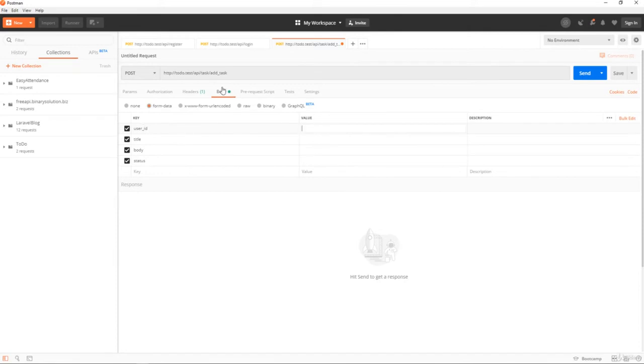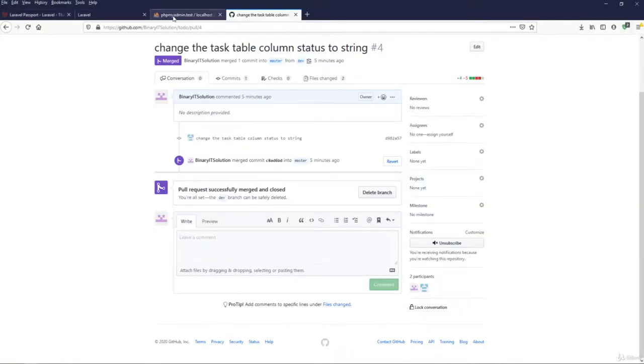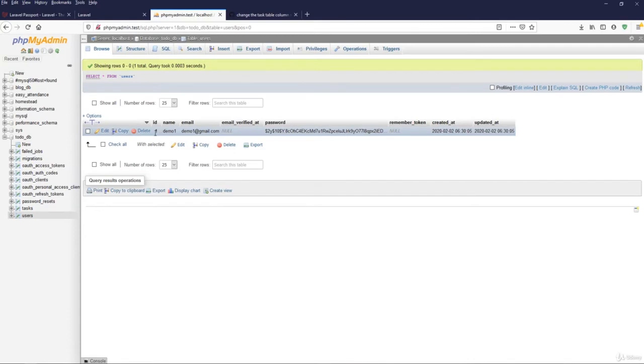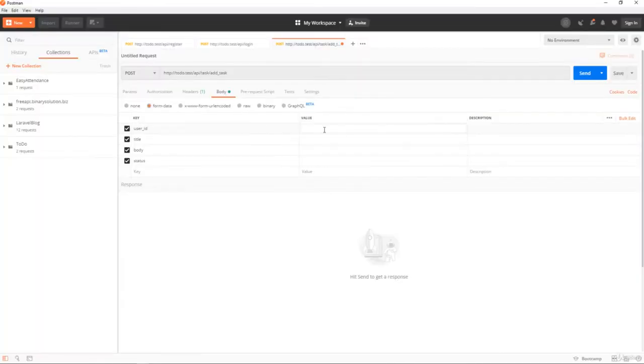The user ID is, I think we have already created one user. Just go to the database and check the user. The user ID is 1, so we will test with user ID 1. The title, let's say this is a test title, and body, test body task, and status, let's say started.